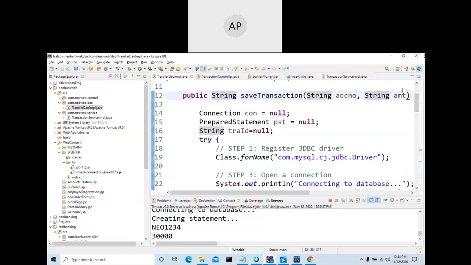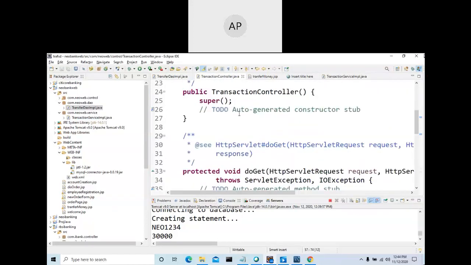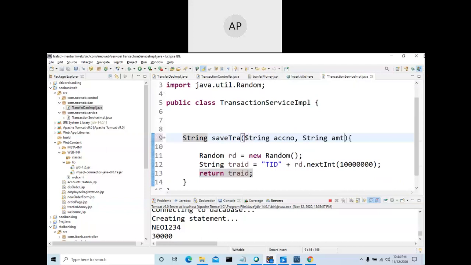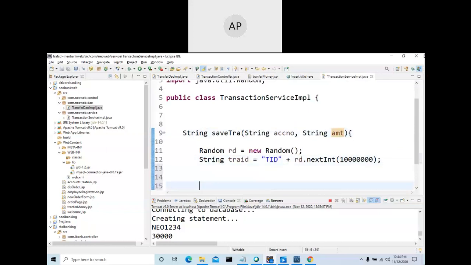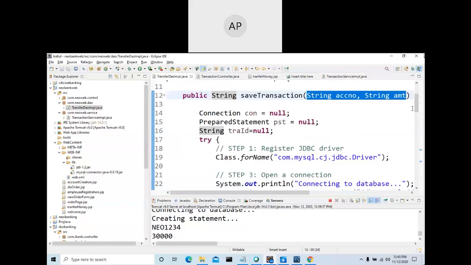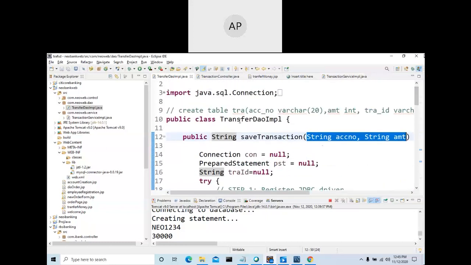So here it should contain the two parameters that you are going to send from the servlet. Control C. Here I'm going to write service. We wrote meaningful names so that we can identify them easily.